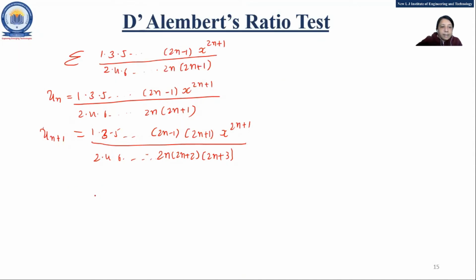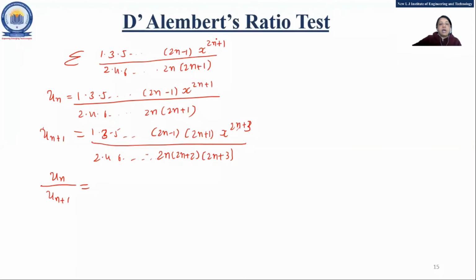Now, x is only one time, right? The previous terms are not related to the x, so we are not changing the power of x. Only it will remain as it is, that is x raised to n plus 1. So 2n plus 3. Yes, power will change, sorry. x raised to 2n plus 3, but we are not writing the previous term for that, okay? Un upon un plus 1.